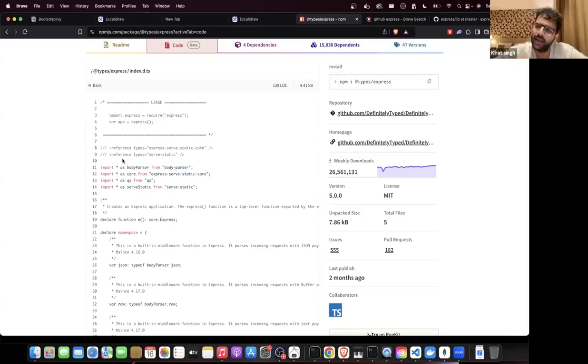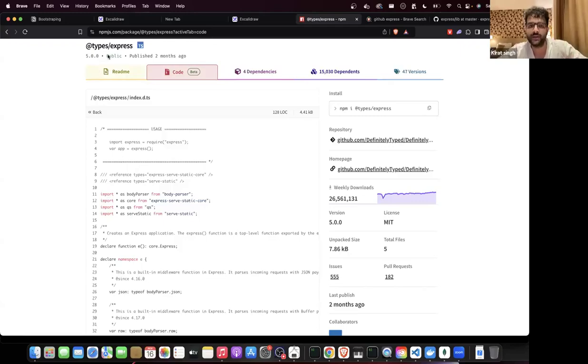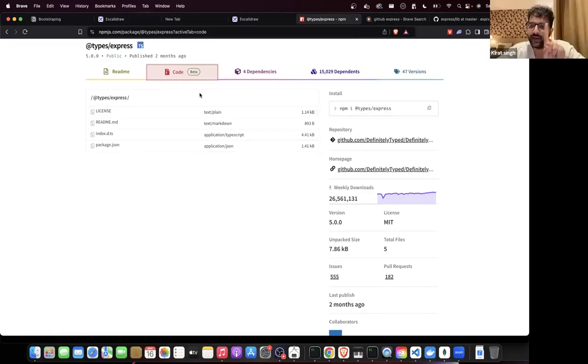These guys most probably have written it manually. I could be wrong. But since their code base is in JavaScript, there is no way to write this declaration file without writing it manually. But if their code base was in TypeScript, then it will automatically spit out a declaration file. If you ever create a TypeScript project in the future, you will publish the JavaScript file, the final JavaScript bundle. You will publish the .d.ts file. You will not publish the original TypeScript file. Whenever you publish to npm, you don't publish the TypeScript file. You publish the JavaScript file. You publish the .d.ts file.